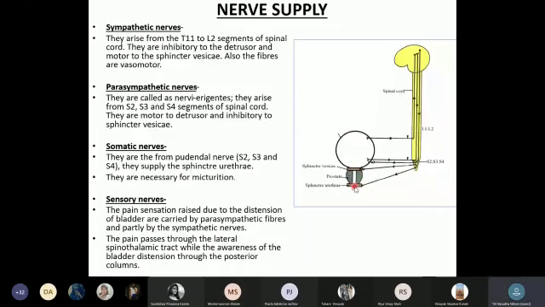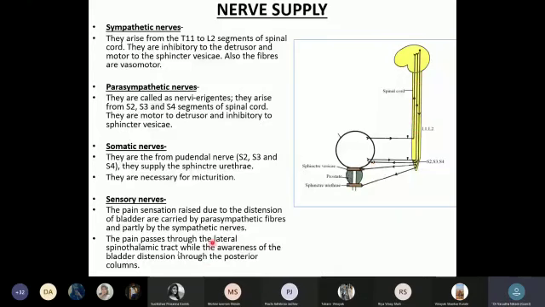Okay. Coming to the sensory innervation, pain sensations, usually we feel pain when the bladder is over distended. Now this pain sensation is carried by our parasympathetic nerves mainly, and partly by the sympathetic nerves. Now these pain sensations will arise here. They will be carried through these two autonomic nervous systems, and they will enter into the spinal cord through one tract. The name of the tract is the lateral spinothalamic tract.